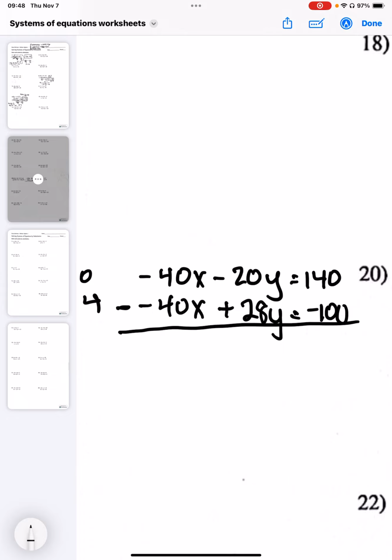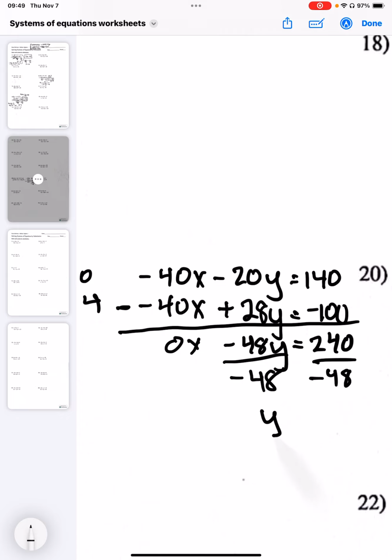So we get negative 40x minus a negative 40x. That's going to give us 0x. Negative 20y minus a positive 28y is going to give us negative 48y. So we get 140 minus a negative 100, which is going to give us 240. If we divide both sides by negative 48, ooh, big numbers. Okay. Y is equal to,